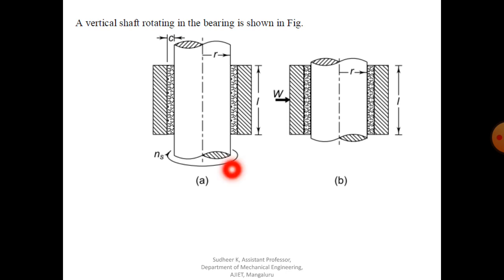So this is the diagram. A vertical rotating shaft in the bearing is shown. This is the shaft, which is always rotating inside the bearing. You can see here,